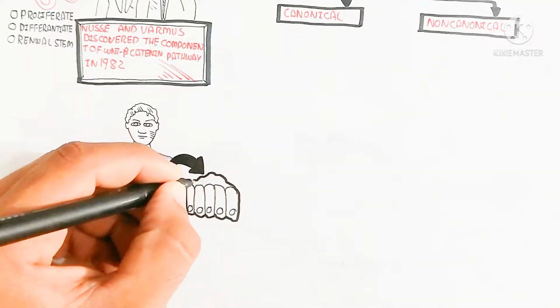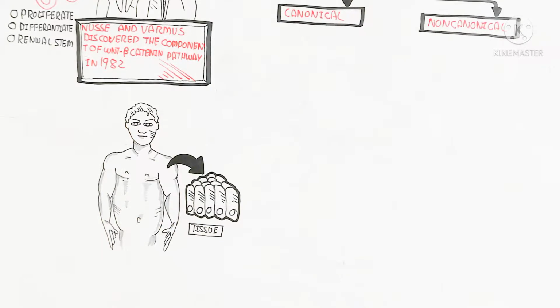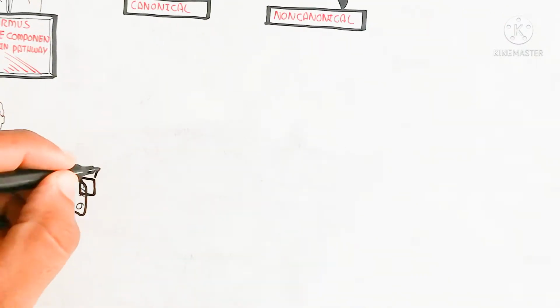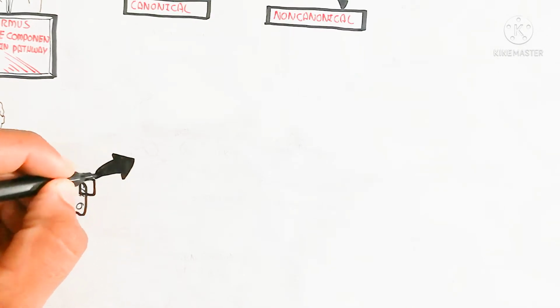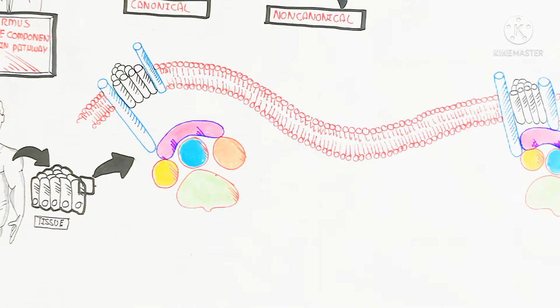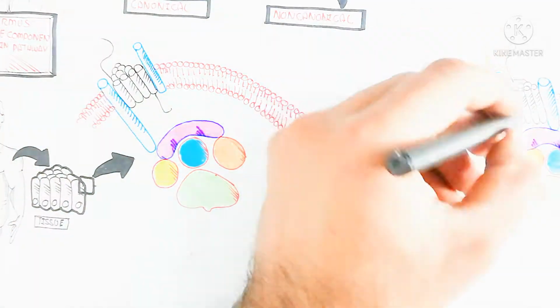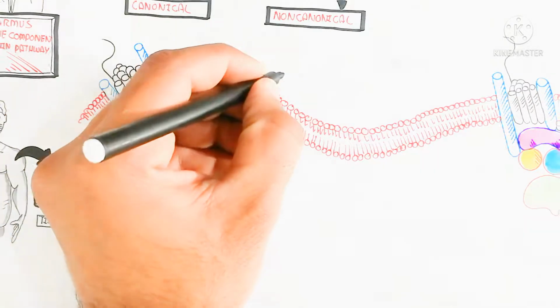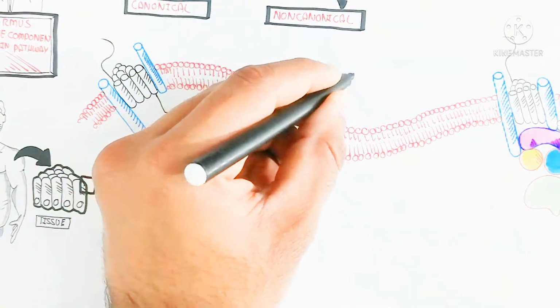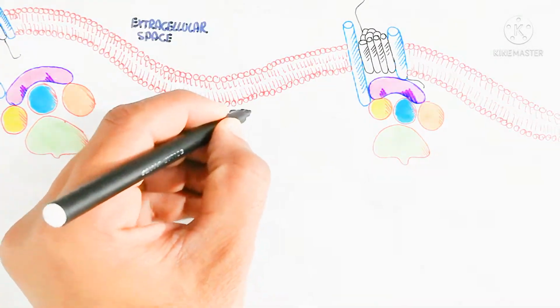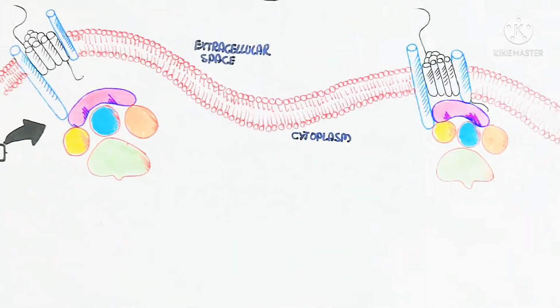Here is a person, which contains tissue, and this tissue contains cells. Here I am drawing the plasma membrane of one cell for understanding the Wnt beta-catenin pathway. This is the plasma membrane, a bilayer of phospholipid, and inside is the cytoplasm, while the outside is the extracellular space. Here is the receptor. This is the Wnt receptor, LRP also, and here is a phosphorylated site, and here we will discuss the cytoplasm inside.